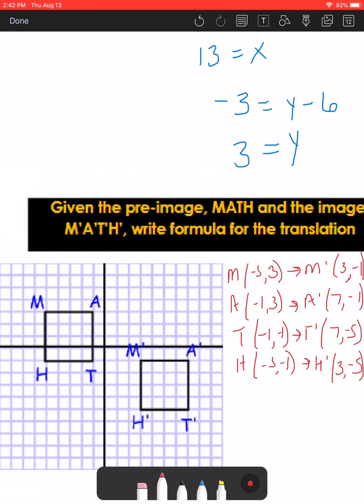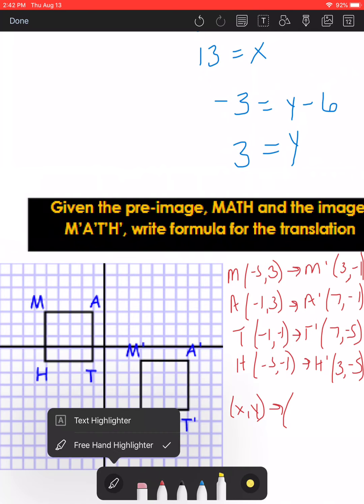So now what I need to do is come up with some rule that works for each one of these pre-image points, yielding the appropriate image point. I'm going to start by saying (x, y) arrow, such that is what the arrow means, and open a parenthesis. So now if I compare